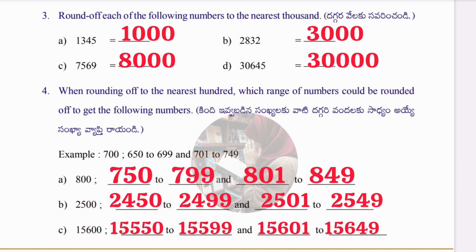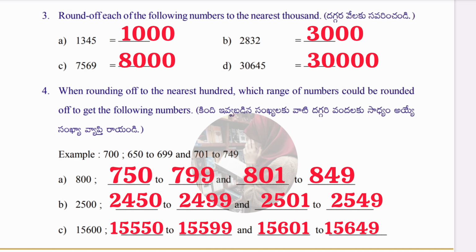So the second one and the third one, please write it down by yourself. Because here the digit is something larger, that's why I'm not going to read. Please pause the video and write it down carefully.